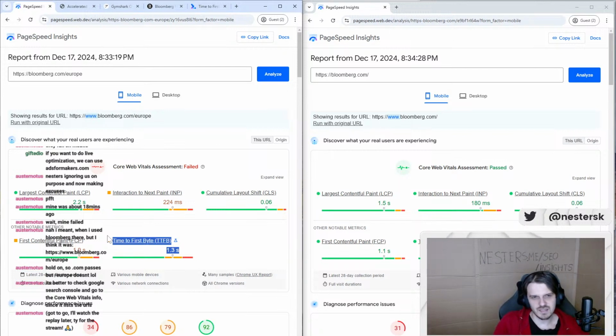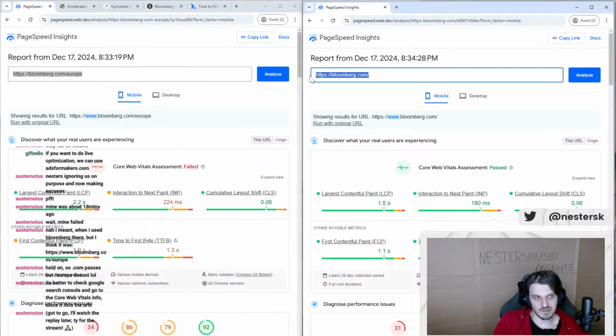Okay. This is actually a point I wanted to talk about. I went over this already, so I can use it later for the video. It's a very important point for me to remember: time to first byte and how it relates to the LCP, largest contentful paint, and how it relates